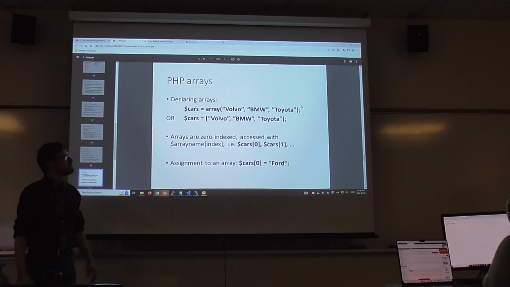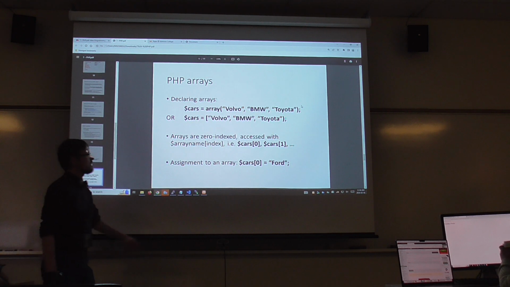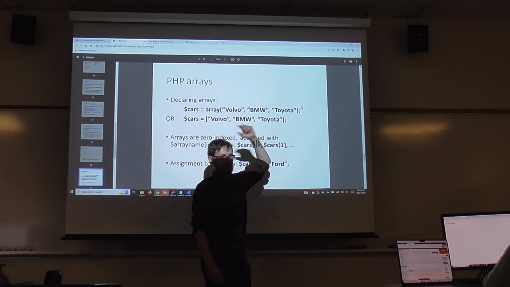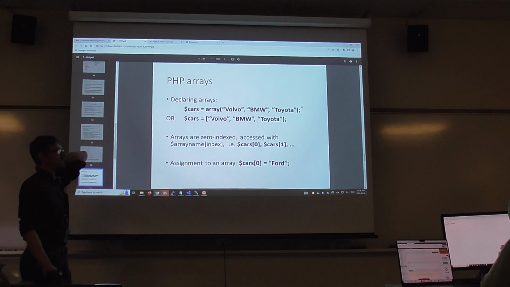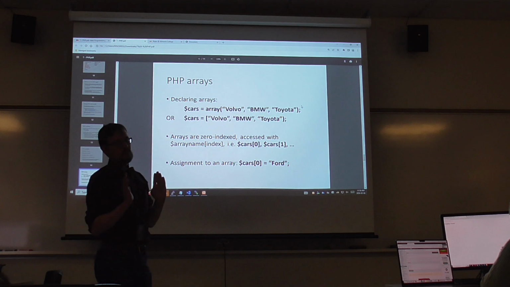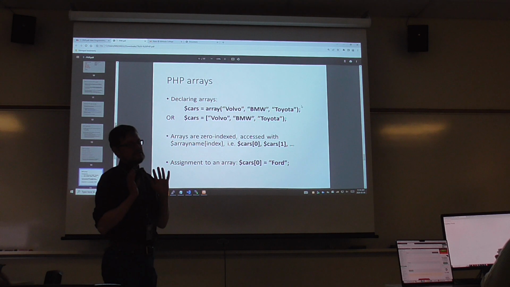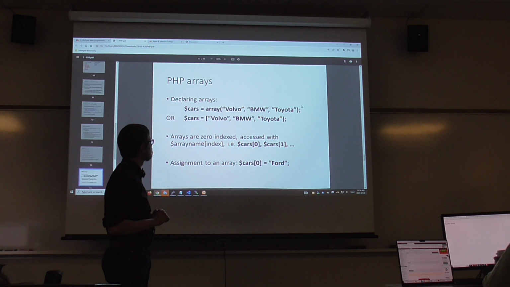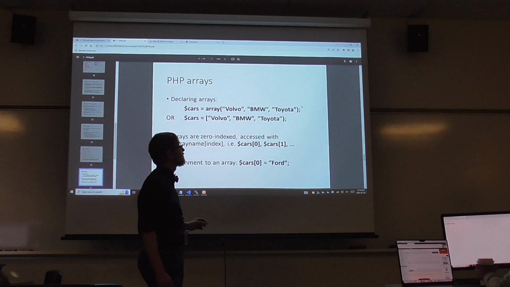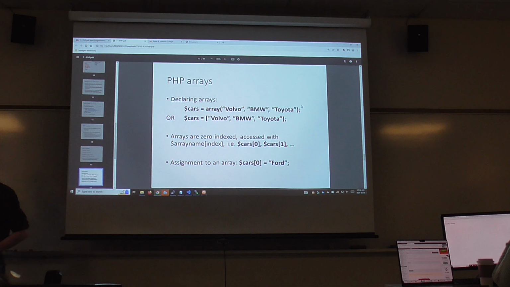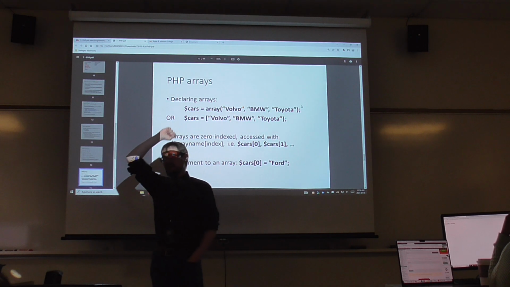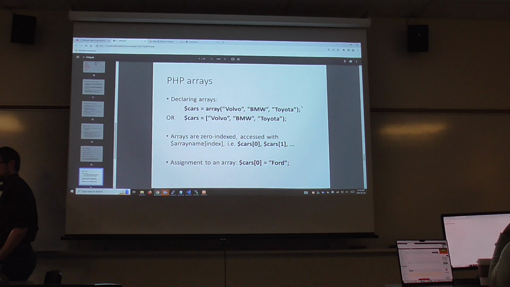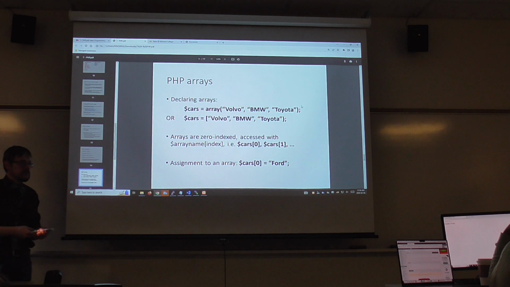Arrays. This is a typo, it should be a square brace. Arrays we all know and love. It says you can declare both, so in the square bracket or using the array function name. Now, if I wanted to be pedantic, which of course I want to be because this is the reason I chose my profession,